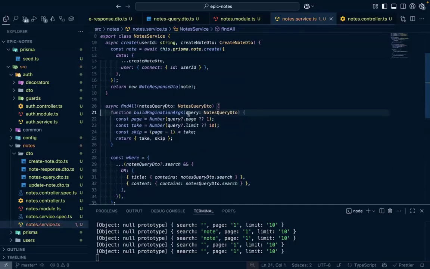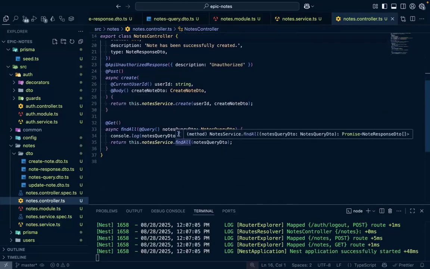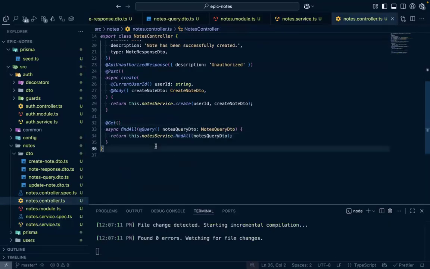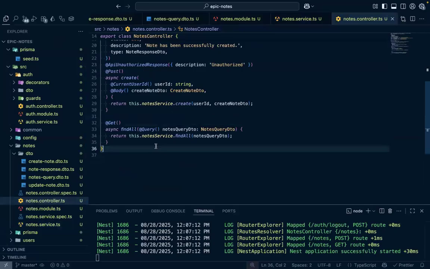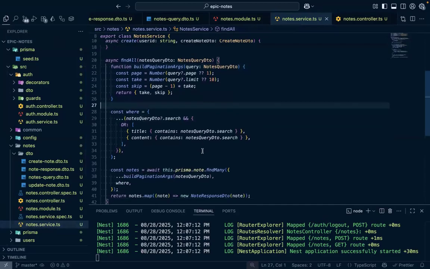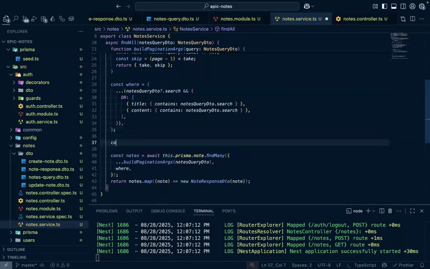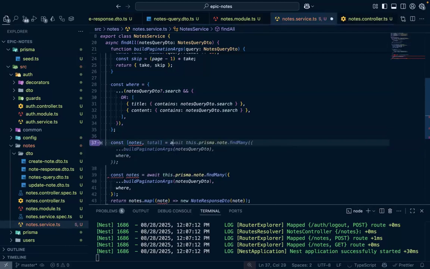So we have this, and we are good to go. Let's remove this one here. Come to our notes controller and remove this as well. Great. And now we're still not yet done with our notes service, because if you take a look, we're just returning the notes and nothing more. So we can do better than that. Instead of doing this, we can say, okay, const notes, total is equal to await